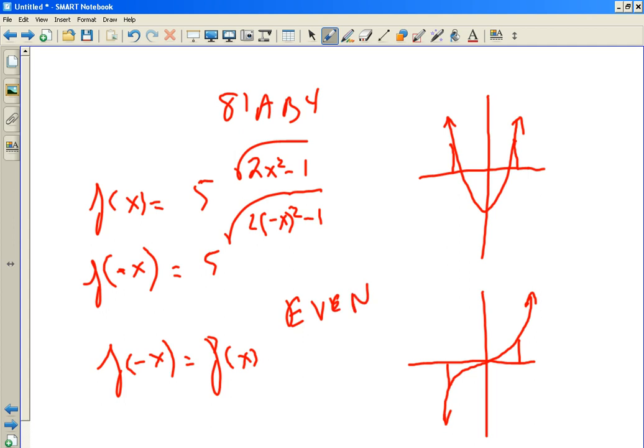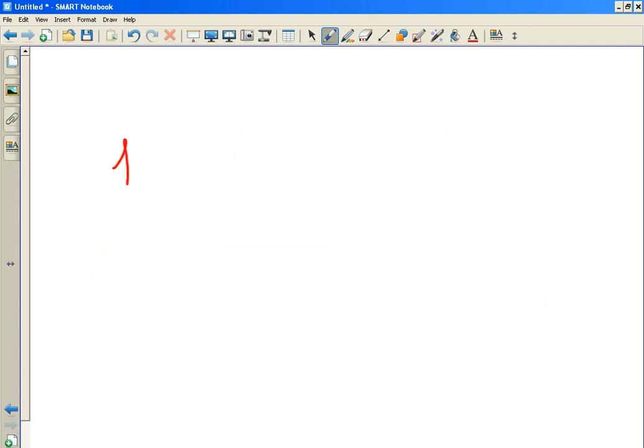Part B. What's the domain of this creature? f of x is 5 to the 2x squared minus 1. How do you figure out what numbers you can't plug in? Or what can you plug in? Let's put it that way. Is it greater than 0? Yeah. I want things in the